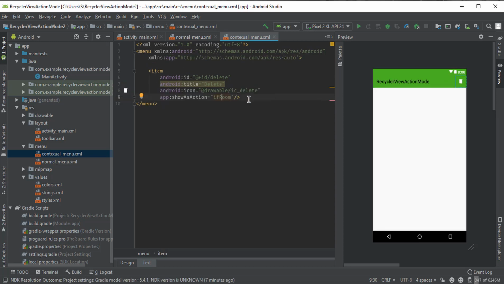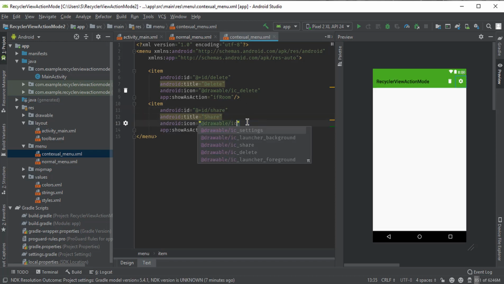Now import the second item, that is share, and select the title is also share. Now select the icon, that is share, and if room is available. Okay,